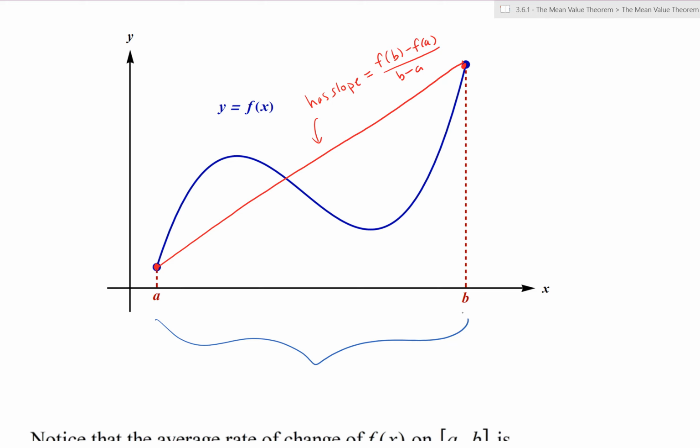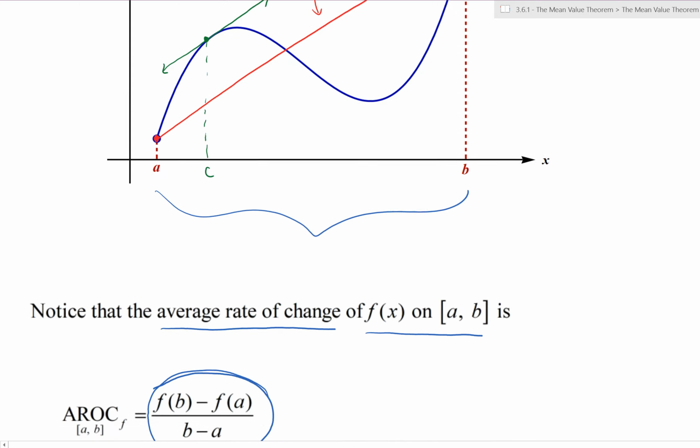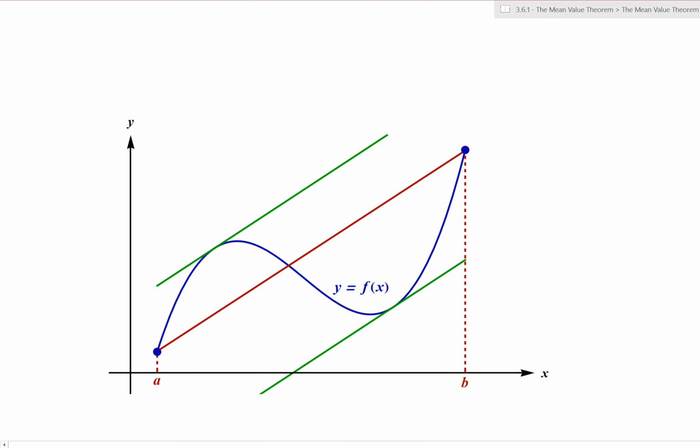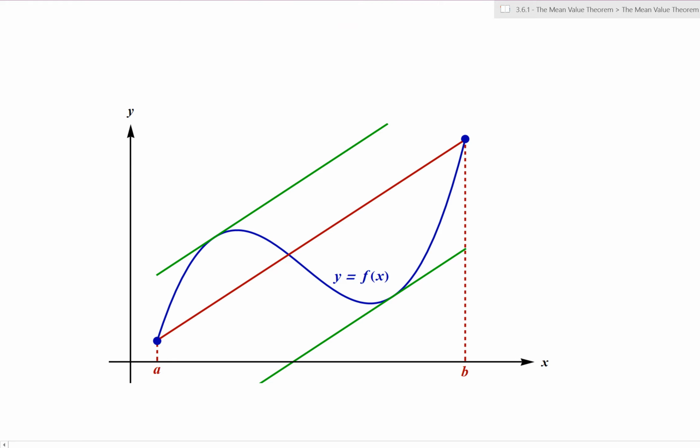So that's the question we're trying to ask, and we might just look at it and say there seems like there might be a place. Maybe right around there, if I drew a tangent line, there seems to be some location, say x equals c, such that that is true. And in fact, that's what the mean value theorem is really getting at here. You look at this picture, and in fact, better lines than the one I drew a moment ago,